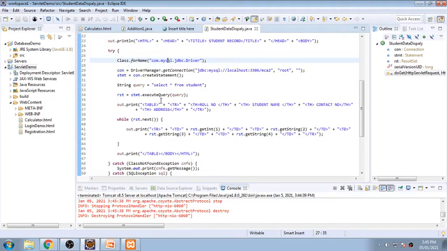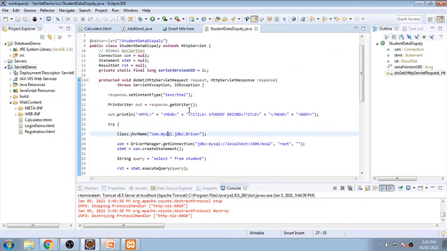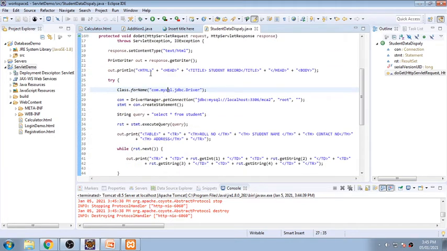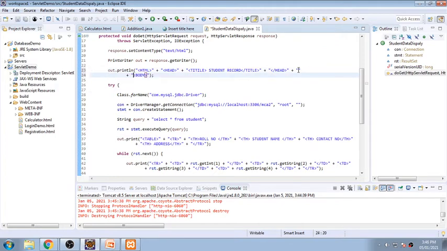Now at this stage you should be very clear with the different types of style sheets. So in this body tag I will use something like this. I just put an enter over there.